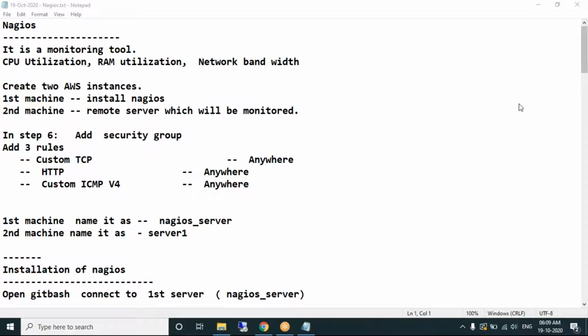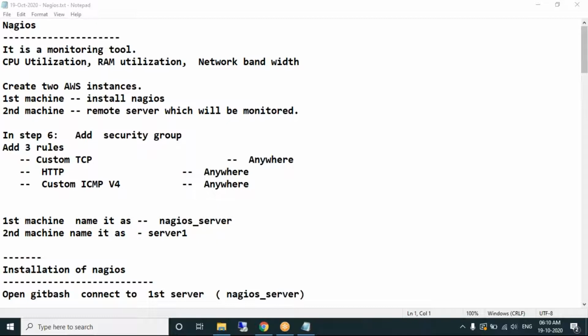So today we will be discussing the monitoring tool Nagios. We already have experience with a monitoring tool when dealing with AWS, that's CloudWatch. So I hope you have understood what exactly monitoring tools can do when your client has a lot of infrastructure, especially with respect to EC2 machines.